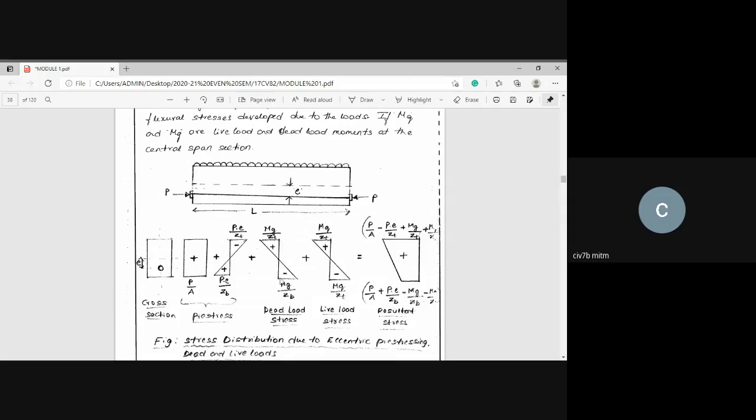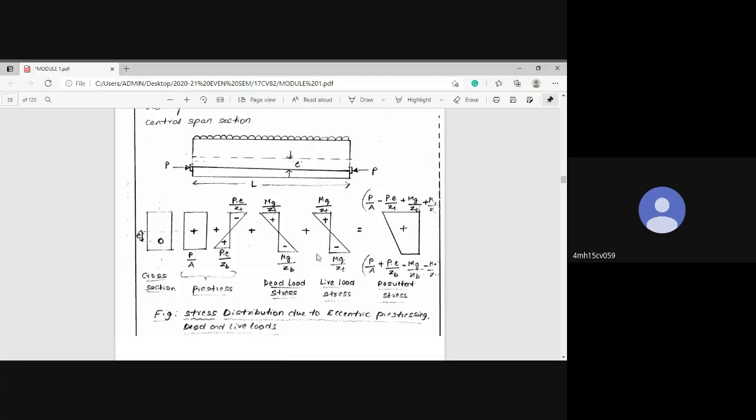Draw the straight line. Here also draw the straight line. Since it is positive at the bottom, that is compressive at the bottom, always treat the left of the straight line as positive. Am I right? Here also, once the beam is subjected to the external load, the top will become positive. Hence, I will write left line here. Exactly opposite: negative at the top and negative at the bottom. The same convention has been used here. I hope the doubts have been cleared.